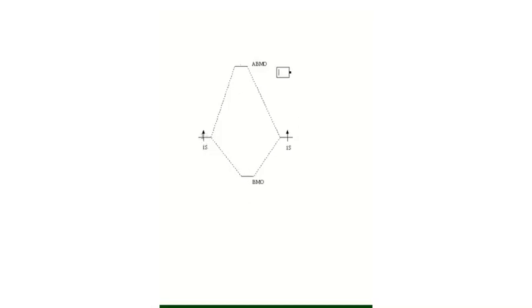These atomic orbitals have one electron here and one electron here. That means altogether they have 2 electrons. So we have only 2 electrons to fill in these molecular orbitals. So let us take this electron and bring it to fill it in the bonding molecular orbital. And let's take this electron and fill that in the same molecular orbital, that is the bonding molecular orbital.